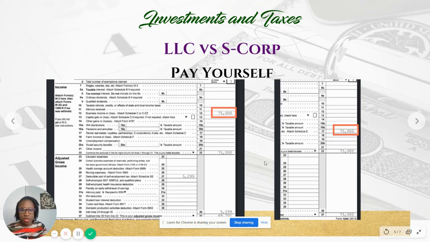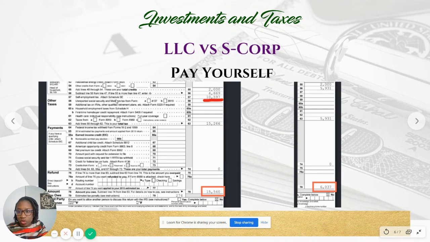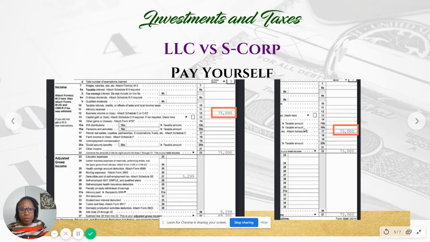And then when we go to the next slide, you'll see here is where your self-employment tax is calculated on that amount. You can see that it's about 10,500 based on the amount that was allocated. These are all just sample numbers from the scenario that I took, but your tax amount owed is going to be about 15,000 in this case. They didn't pay any estimated taxes and stuff like that. So this video is not discussing the tax piece. It's just showing you your LLC versus your S-Corp and where it's going to be reported.